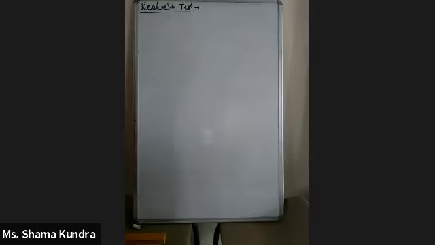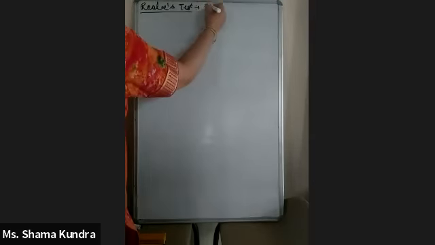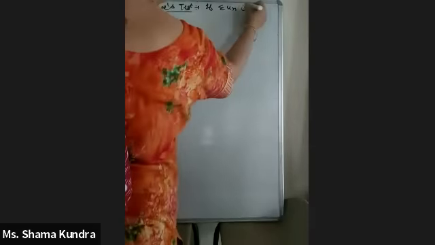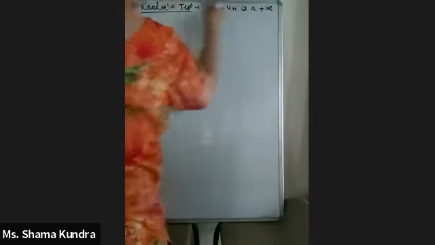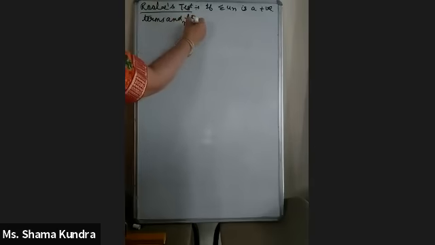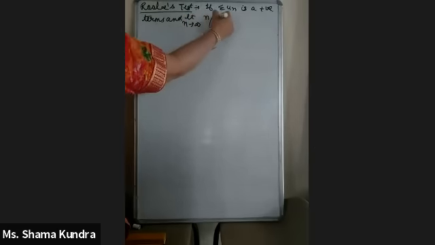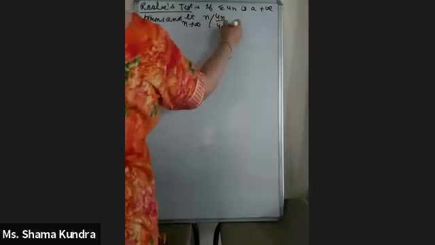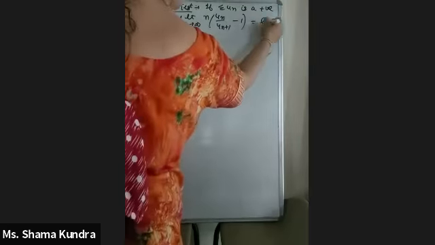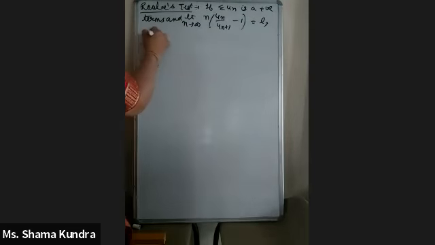What is Raabe's test? If series Un is a positive term series and limit n tends to infinity n into Un upon Un plus 1 minus 1 equals L, then